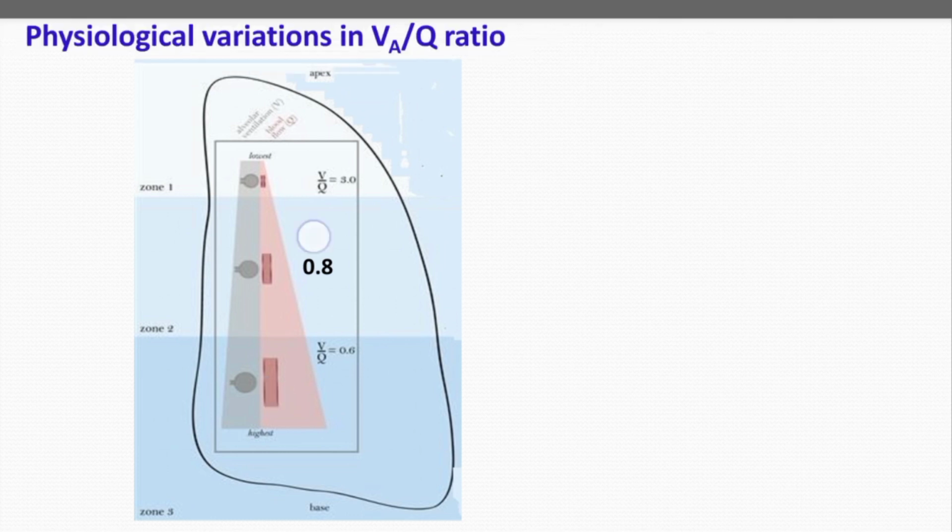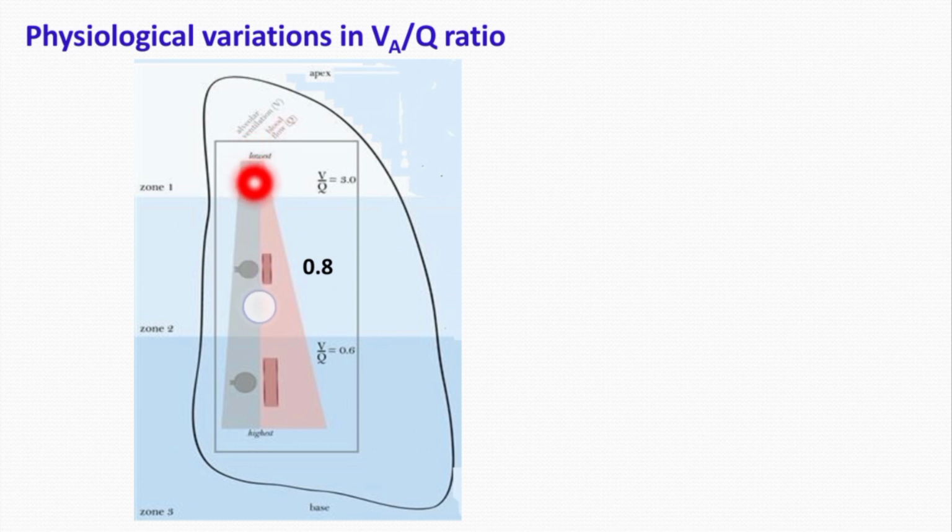But what happens in the upper part of the lungs here? Now in the upper part or apices of the lungs, due to the effect of gravity, the ventilation and perfusion both become less than normal, but the effect on perfusion is much more than the effect on ventilation, because ventilation is gas and perfusion is blood flow. So perfusion becomes much less than the ventilation. So if we talk about the formula, then ventilation is less but perfusion is much less. So denominator is much less than the numerator.